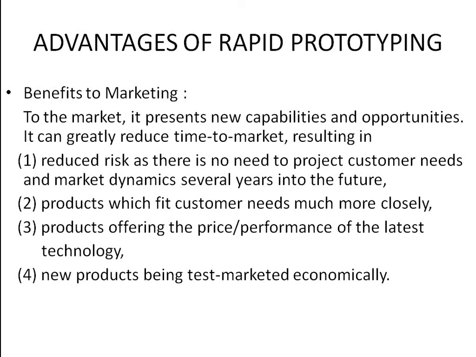Now with rapid prototyping or rapid manufacturing, products fit customer needs much more closely, means according to the size of your feet you can make things. Products offer the price performance of the latest technology, because there is no need of so much material wastage and no need of time. Just within hours they make your shoe without any inventory. Whoever needs it, just gives the size and they automatically make the thing. They need not put up any showcase for your selection and fitment, everything. Just give whatever you are selecting and you can make 2-3 varieties.